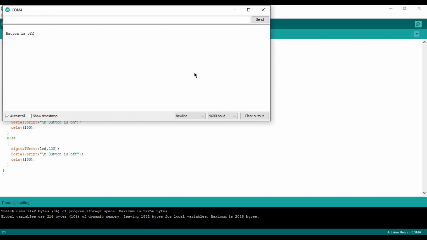Oh, did you all observe that? We are actually getting a message when our button is pressed. So using the serial print command, you can easily see any state you want inside the serial monitor.